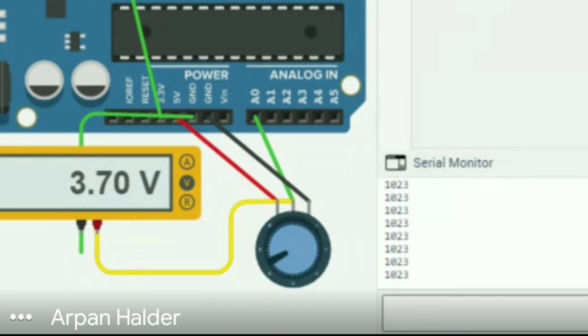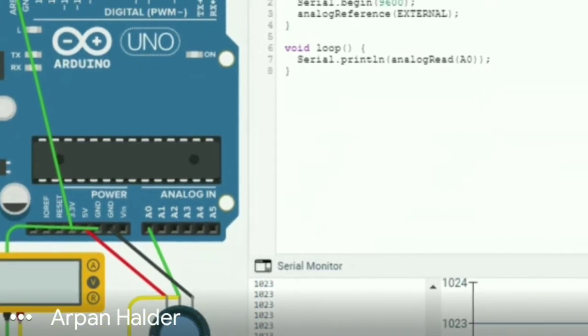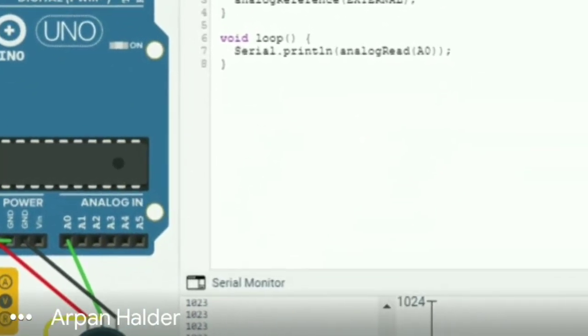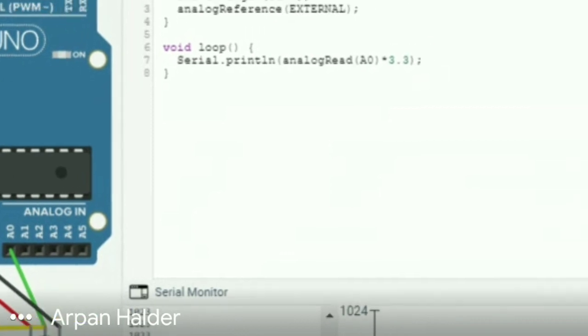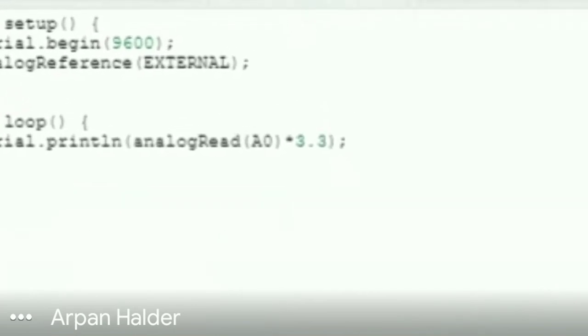And then we also saw how, just by adding a multiplier, we can scale our whole ADC value to a real voltage.